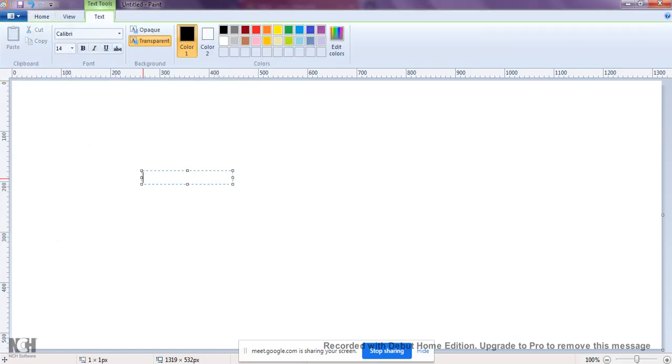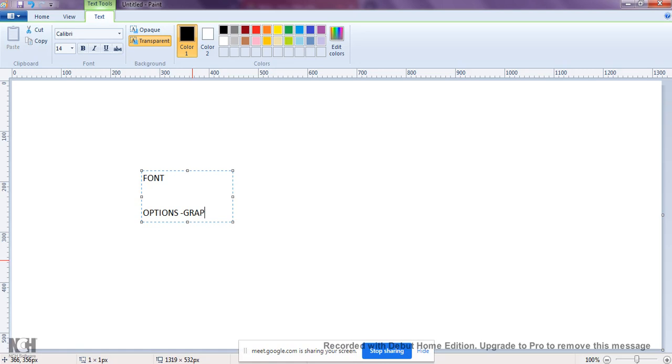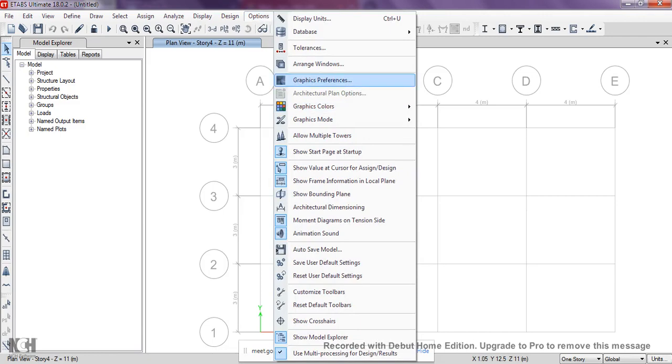If it is not visible properly, go to options, and in that, graphics preferences. Next there will be a font size somewhere that we have to adjust. So go to options, graphics preferences.